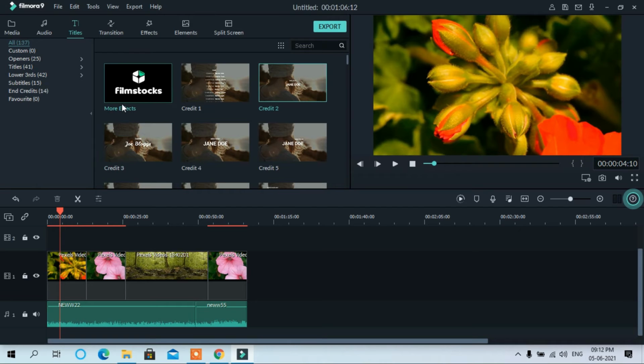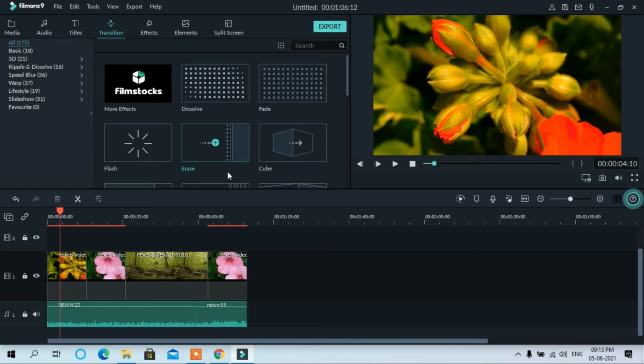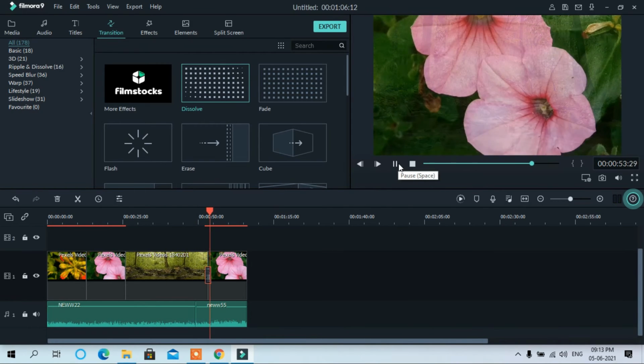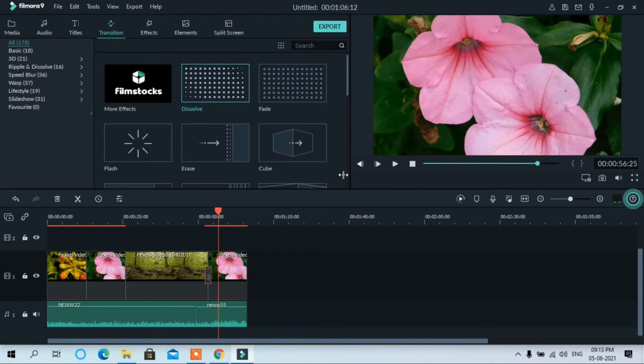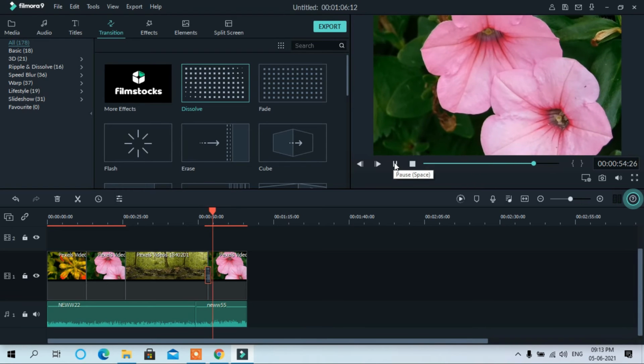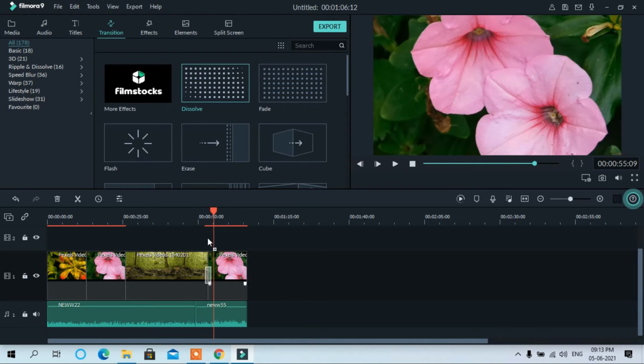This was about the text. There are a number of things as well, like transition. You can use this transition here. See, now this is a transition.